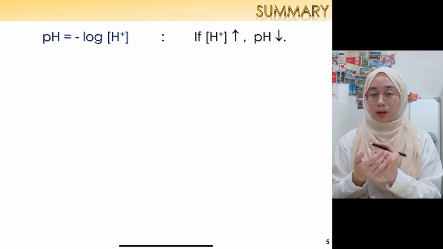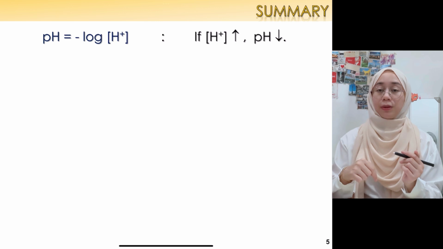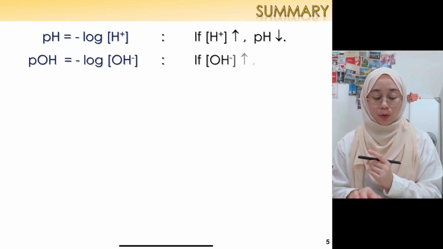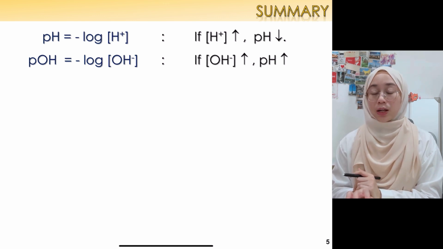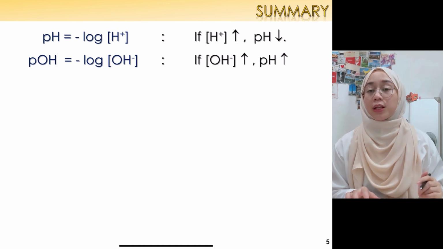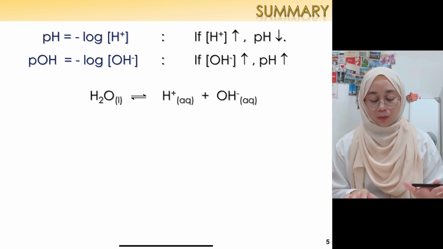So basically if the concentration of H+ is very high, so our pH value should be very low, it should be lower than 7. Okay, meanwhile pOH equals to negative log concentration OH minus. So for this one, if the concentration of OH minus is very high, it means our pH value will also become high. Okay, and then if we look at